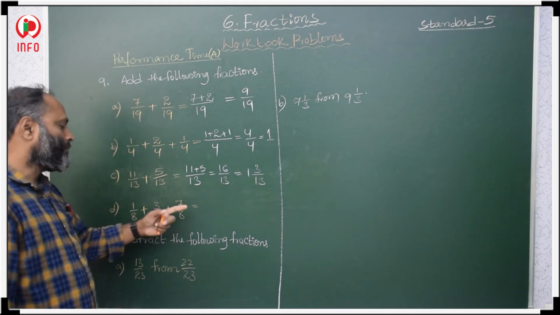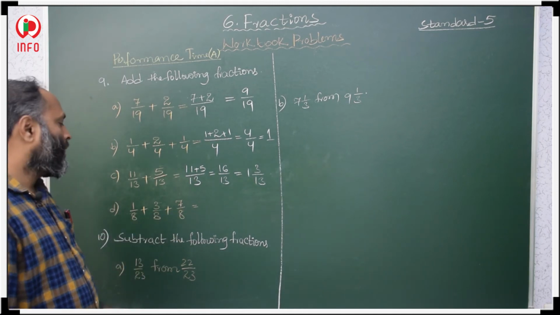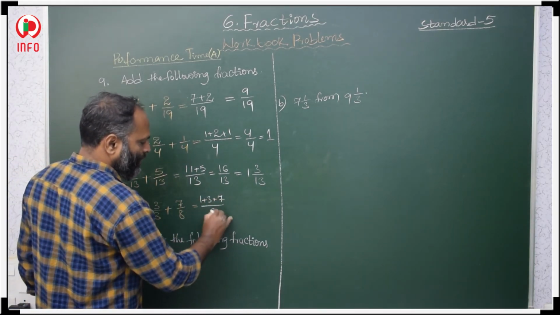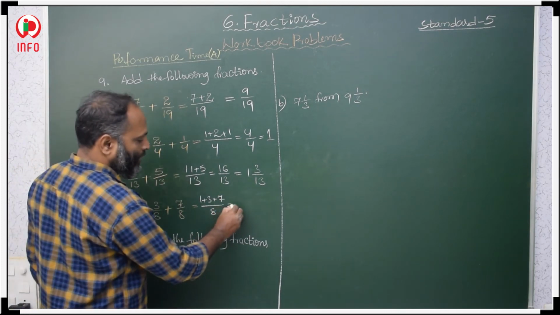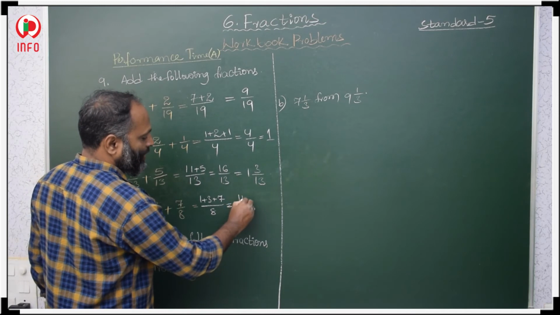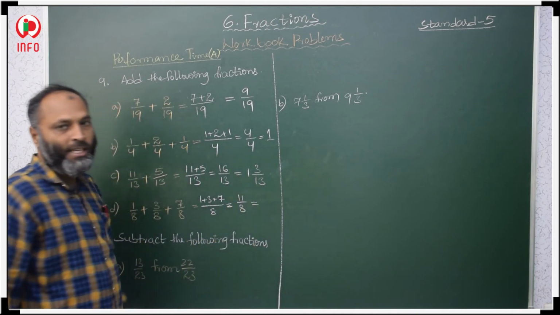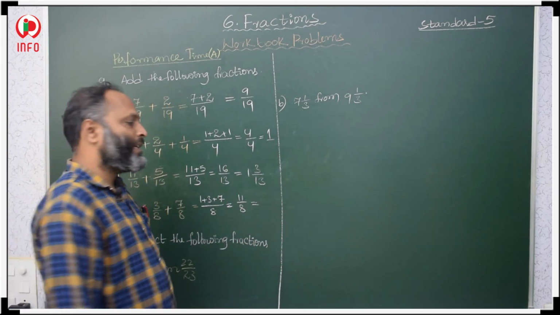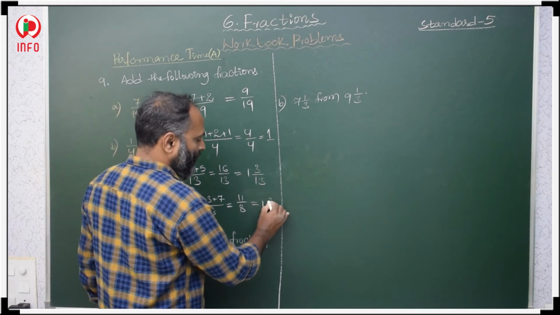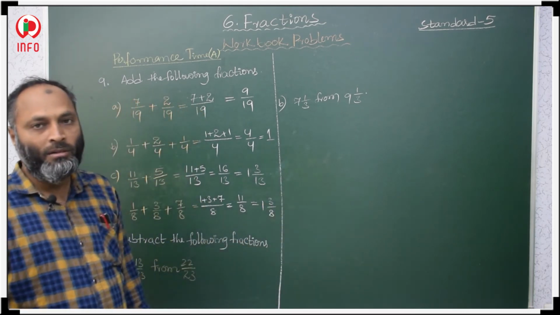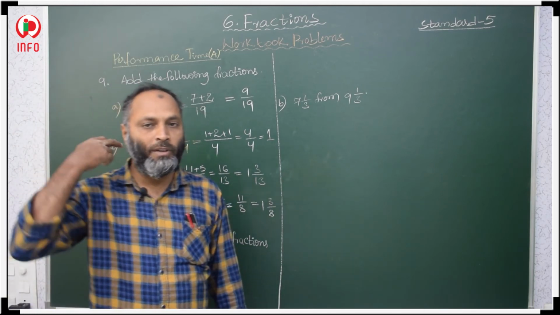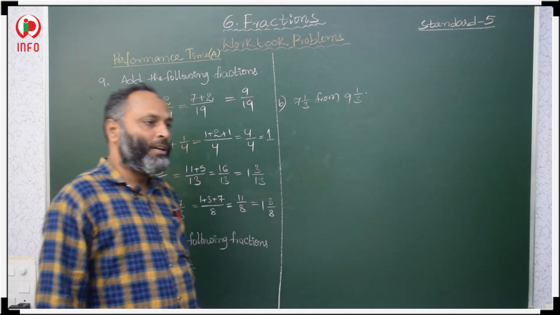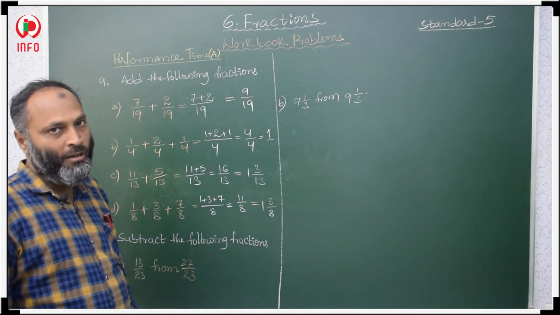Now, all these are like fractions. Like fractions means sum of numerators 1 plus 3 plus 7 by the common denominator, that is 8. 1 plus 3 plus 7 is 11 by 8. 11 by 8 is an improper fraction, so we have to convert it into a mixed fraction. How? 1 3 by 8. How to convert improper into mixed, that we know. We have to divide the numerator by the denominator, then write quotient, remainder by divisor.